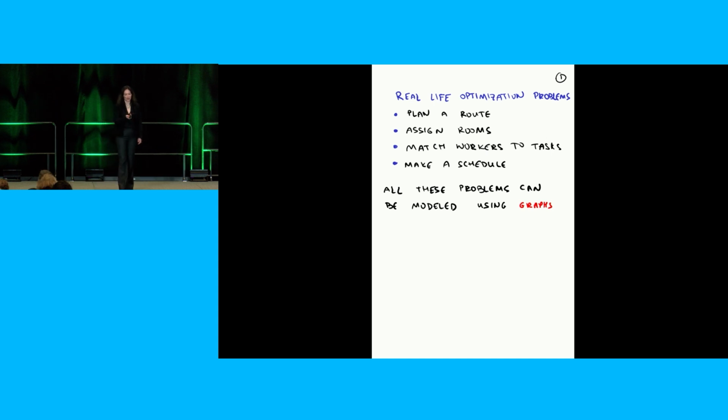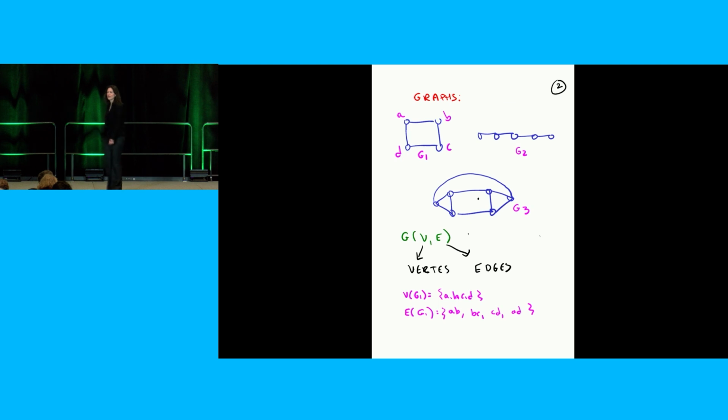Okay, so moving on. So I told you all of this you can do with graphs. What I didn't tell you is what a graph is. And this is kind of a difficult decision because, on one hand, it's a math meeting, but on the other hand, it's a general public talk. So I'm going to tell you what a graph is, and if you already know it, I'm sorry. And if you don't know it, then you're welcome.